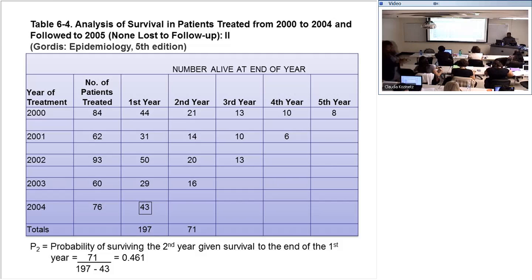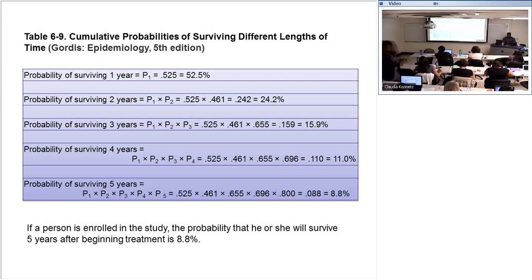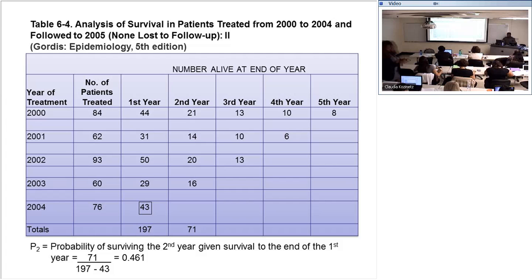We assume that they have been censored. In actual listing, we say that they've been censored. So it's the same for the next calculations. When you come to this one, you have to take 16 from the 71 because they've been censored, they were not followed the following year. It's the same thing that you do until you get to the last one. So that is why we subtracted that one.